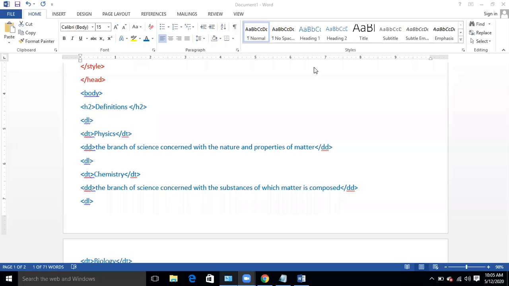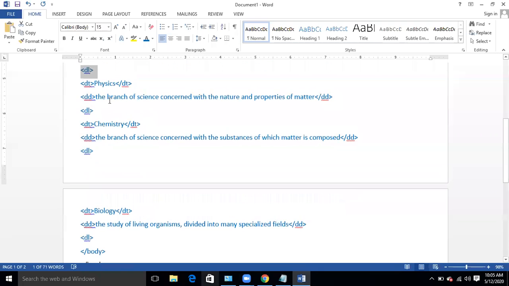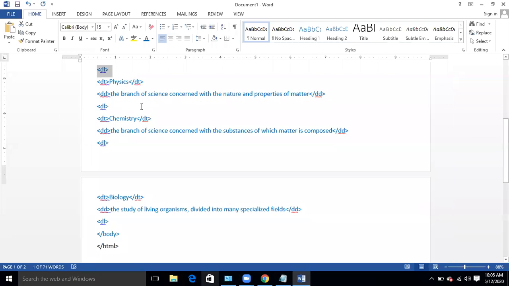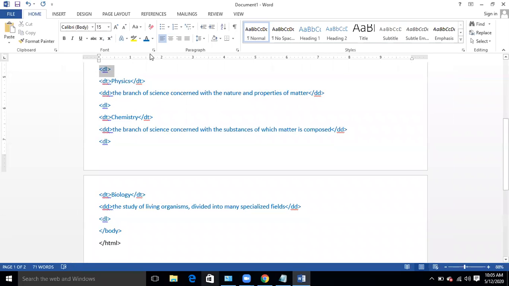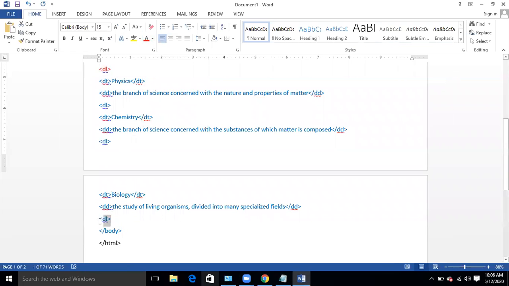DL means the description list is being started from here, at this point in the body, and this is the point where we are ending the description list. We should place this slash symbol here. So the description list starts from here and ends over here.